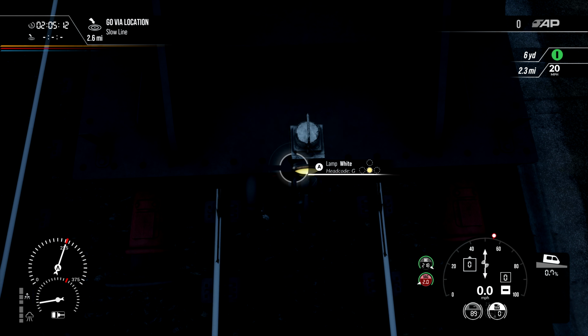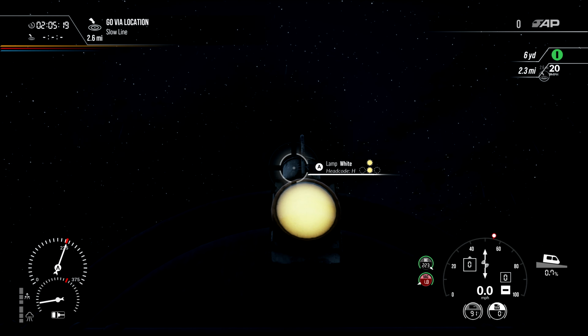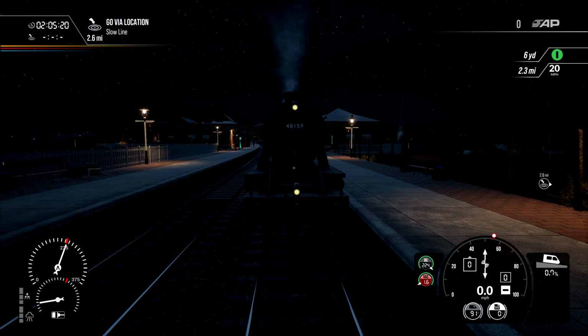Head code G. Head code H. What is it for freight again? I have no idea. Right, so we are preparing to set off. It is a downhill. Here is our consist. It's quite long, actually. There's our brake van at the back. The night actually looks really nice, and it looks like they've...